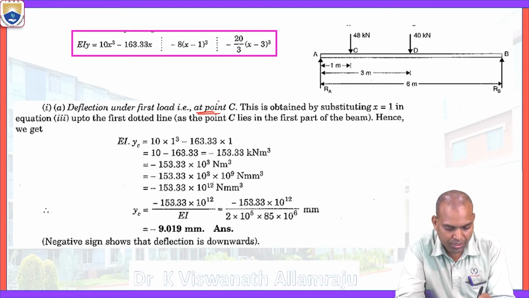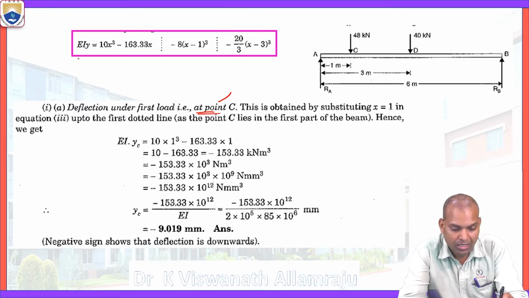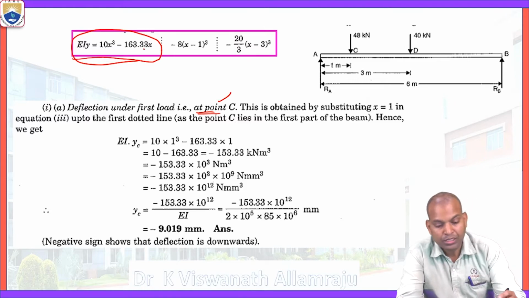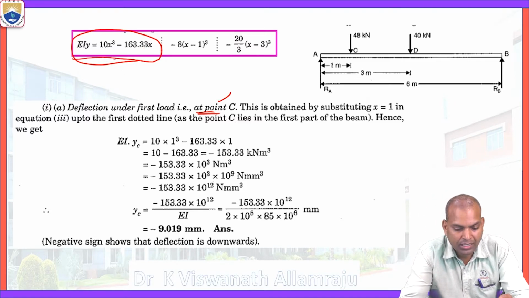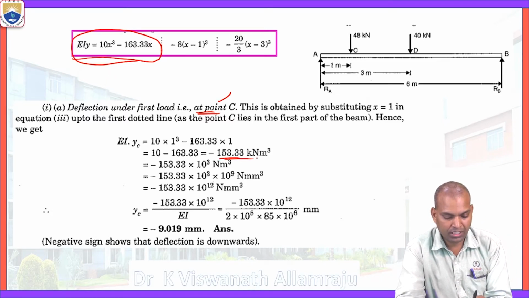That is at point C. This is obtained by substituting x equal to 1. But how much portion do we have to consider? We have to consider the first portion: y equal to 10x cube minus 163.33 times x. Substitute x equal to 1 here. Then it becomes 10 minus 163.33, and then it becomes minus 153.33